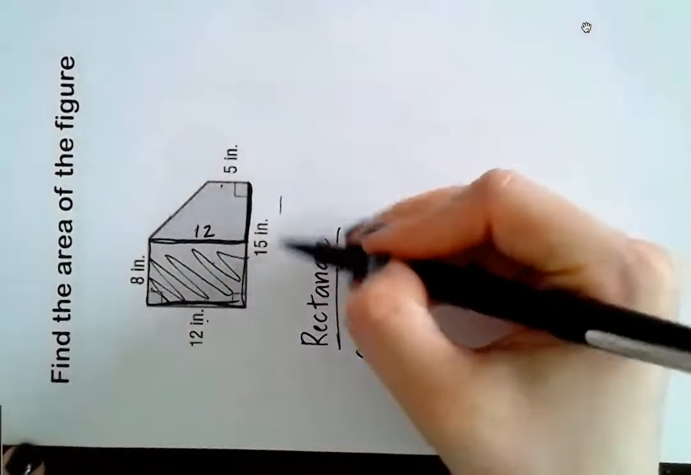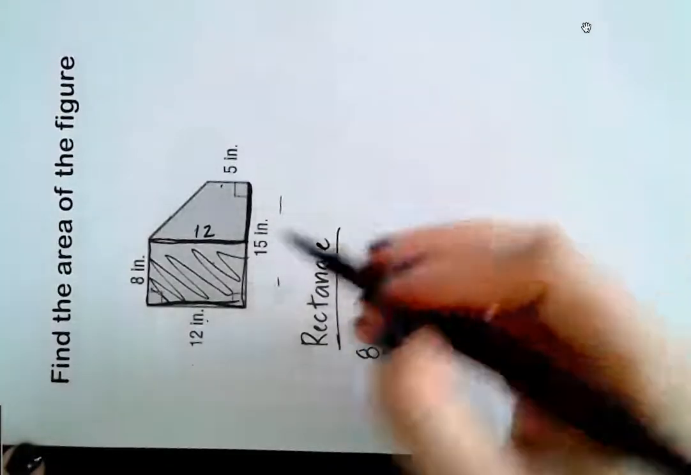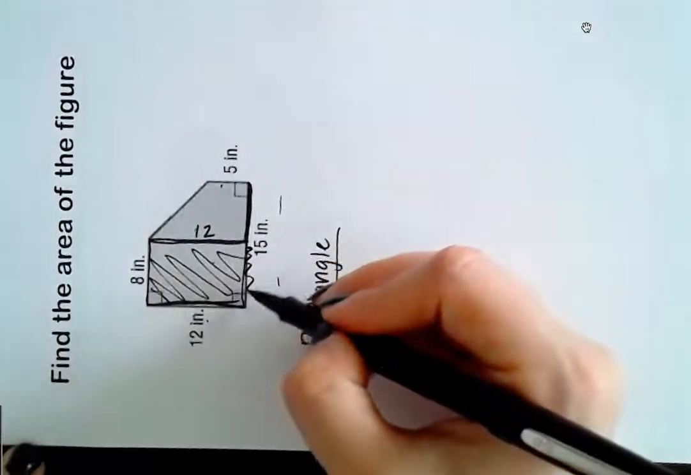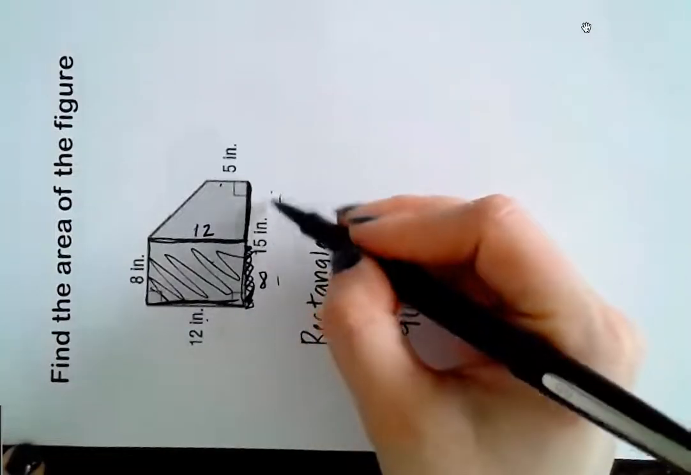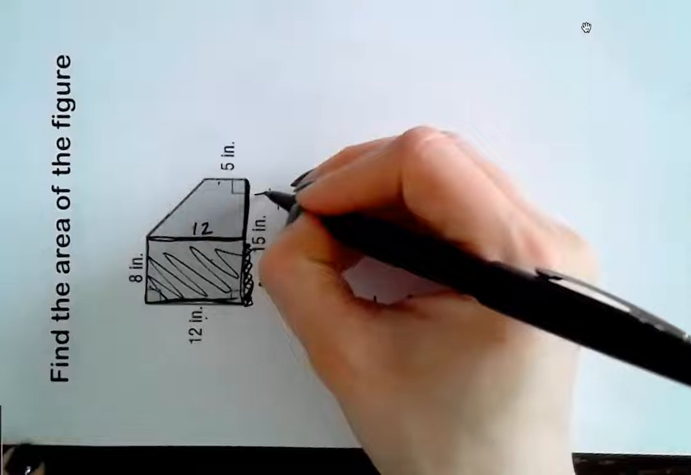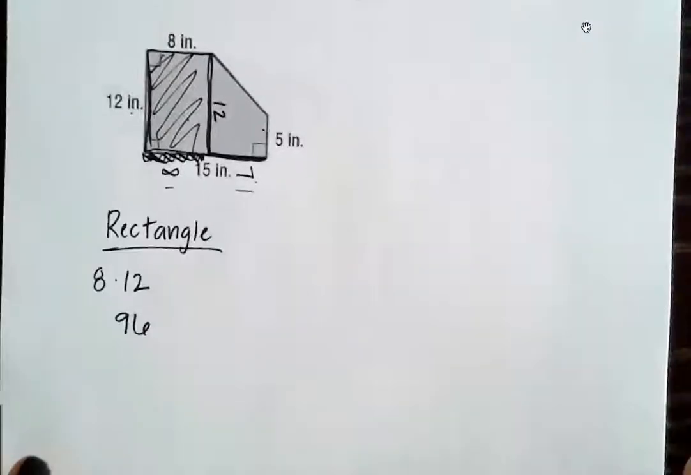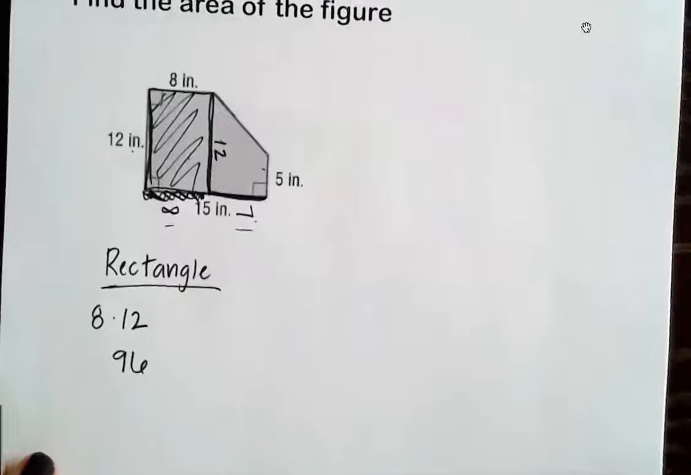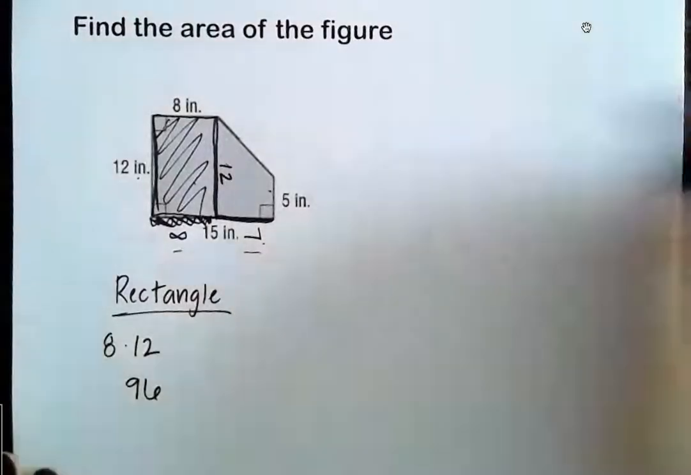So I know the whole bottom side of this composite figure is 15. And up to here is 8. So what's left over of my 15? Well, 15 minus 8 is 7. So if I want to flip this back around here, there we go. So if I want to find the area of the trapezoid,